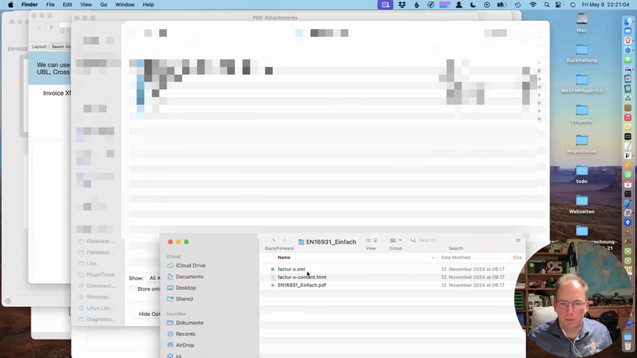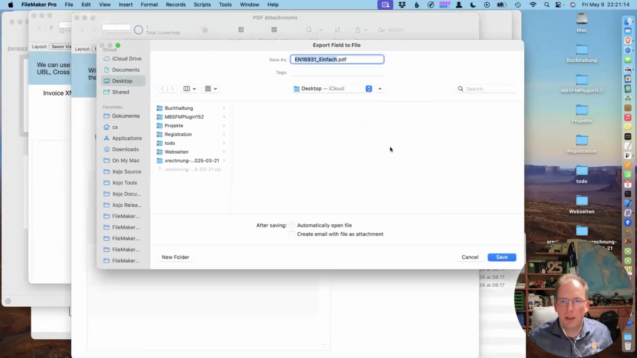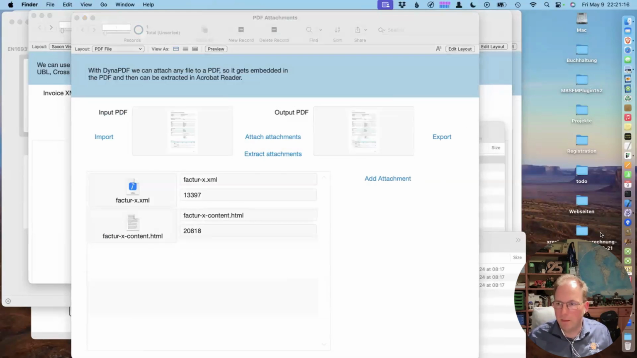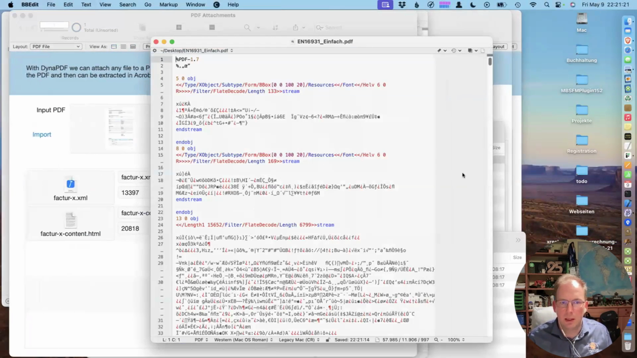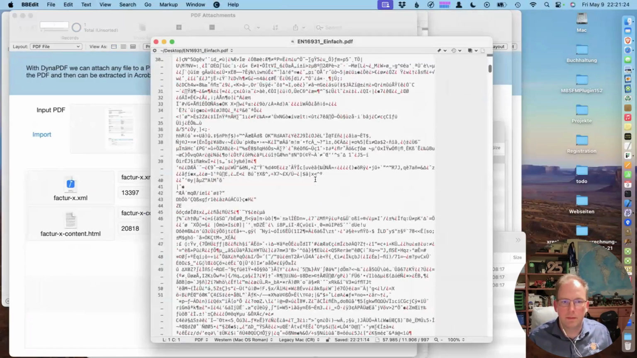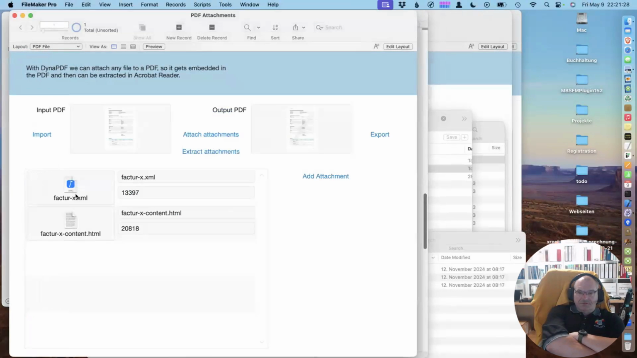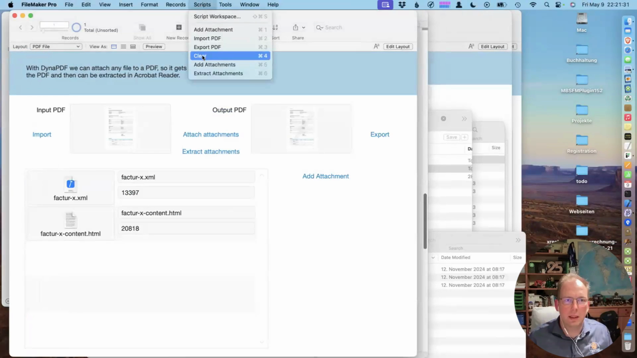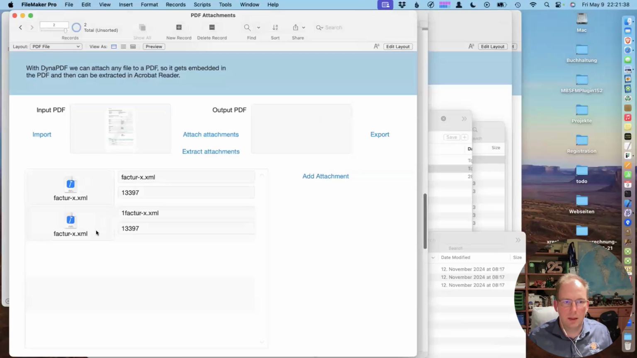I take the HTML file. Now I have the HTML file. I can attach the attachments and export the file. And now I have a file which actually contains another HTML file. Let me just find it. So this is, well, it's all compressed. Yeah. Okay. Compressed. But I can clear here and throw it back in, and then say extract, and